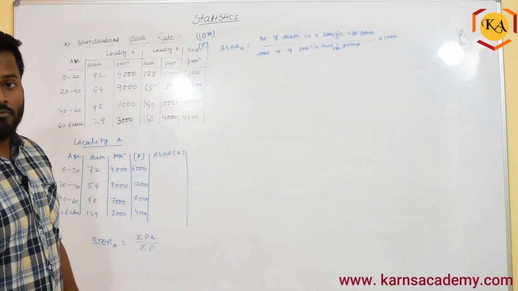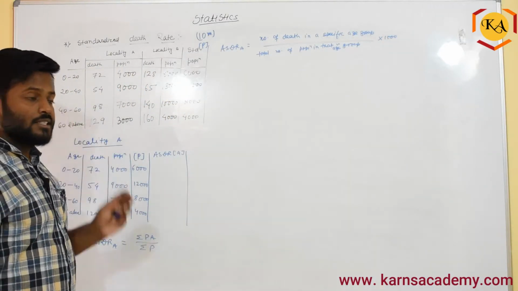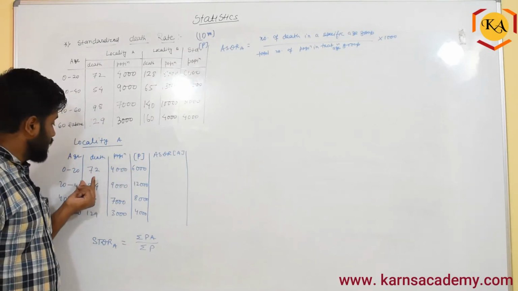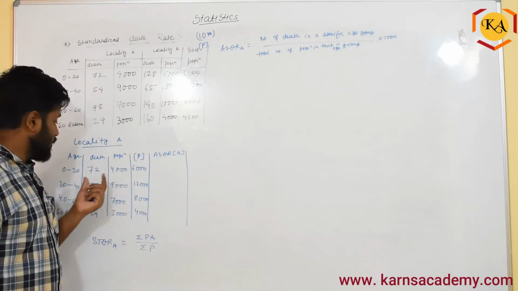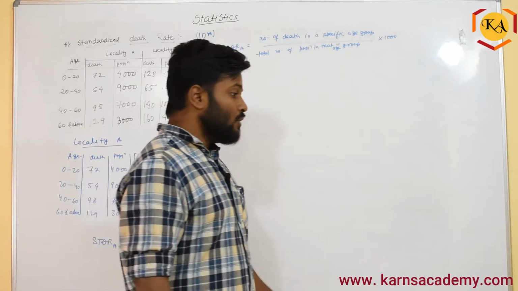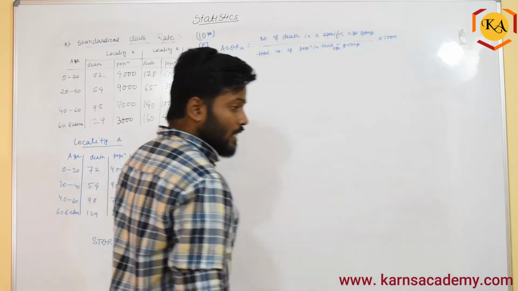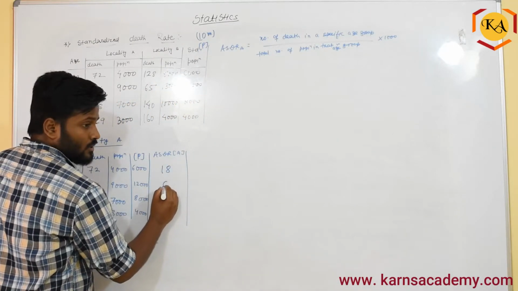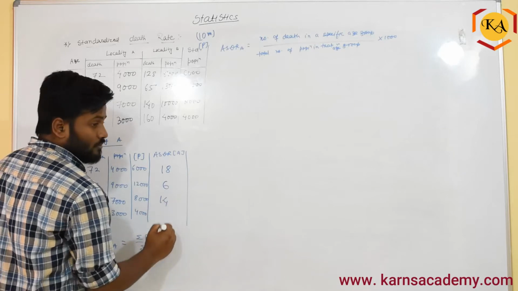Okay, we have already learned how to calculate ASDR. What we are going to do is death divided by population into 1000: 54 divided by 9000 into 1000, 98 divided by 7000 into 1000. Similarly, we are going to get the ASDR here. So let me write ASDR. I have already calculated 18, 6, 14